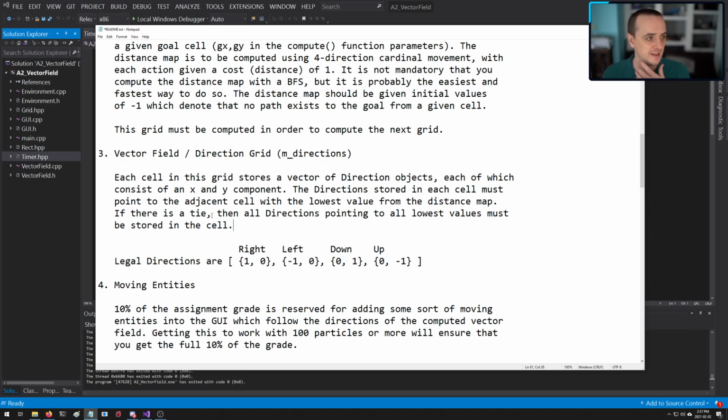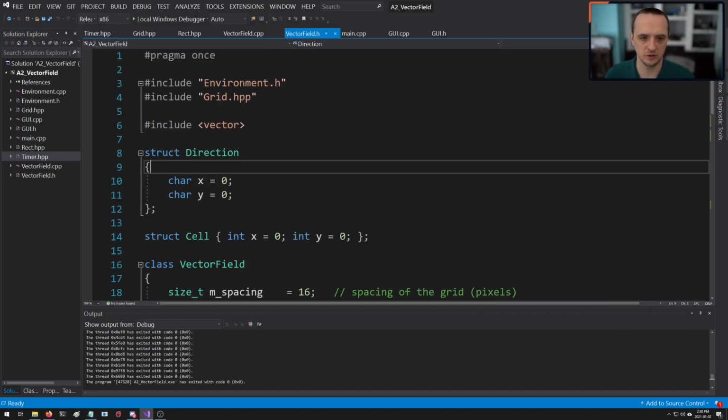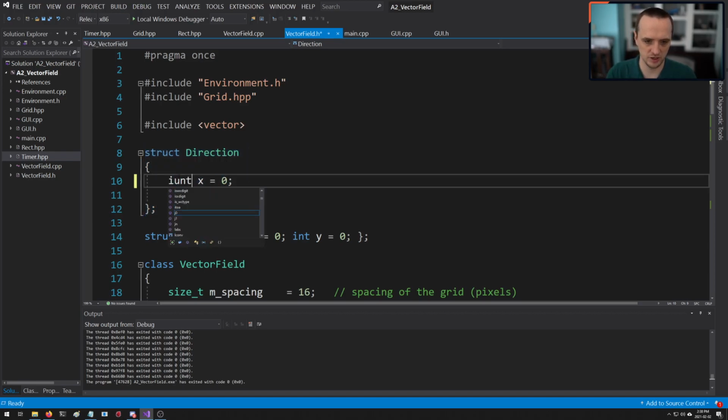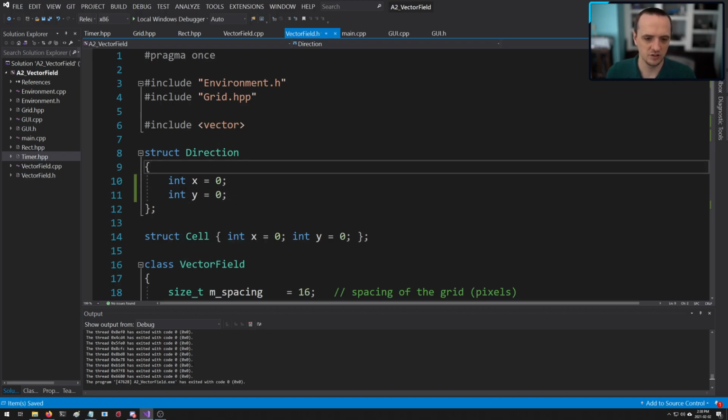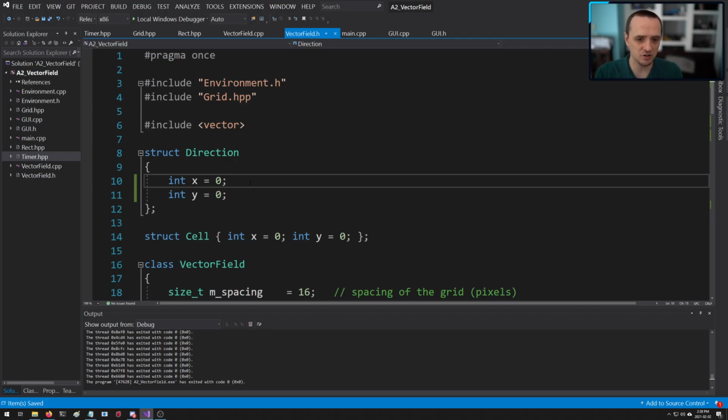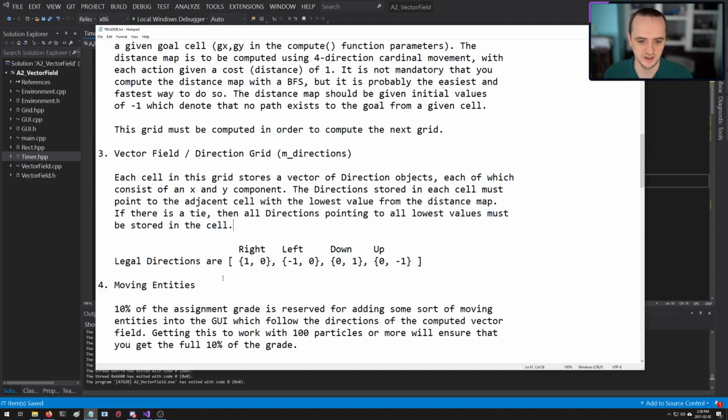So in that grid, the m_directions grid, you're going to have a vector of direction objects. And again, directions, if you look at vectorfield.h, just have, let me change this to an int for you. Moving this to a char was one of my little optimizations, but that's fine. So you have an X and a Y. They could be any arbitrary value, but for this assignment, the only legal values that they can have are up, down, left, or right. Someone in the chat asked why -1 in the Y direction is up, and that's because in SFML, which is the graphics library we're using, 0, 0 is the top left corner, and